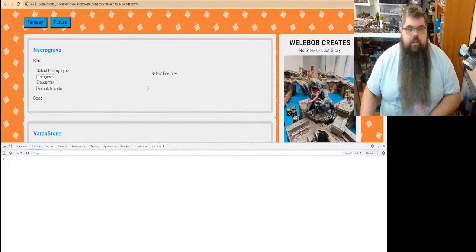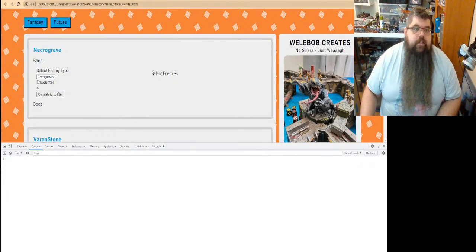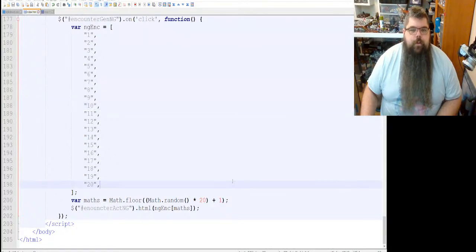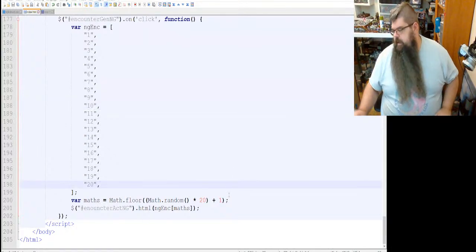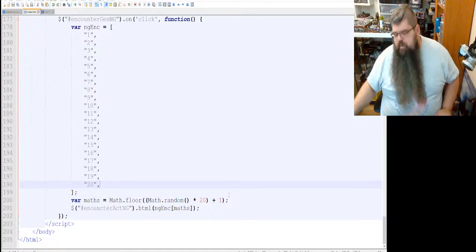So every time I click this button now, it should randomly replace itself with a number. 5, 6, 15, 18, 19, and so on. Every time I do it, it's going to give me a random number. You can see them all going. They're still going so quick. All right, cool. So there is our random dice roll. Everything has an equal chance out of that total value based off the JavaScript random function.